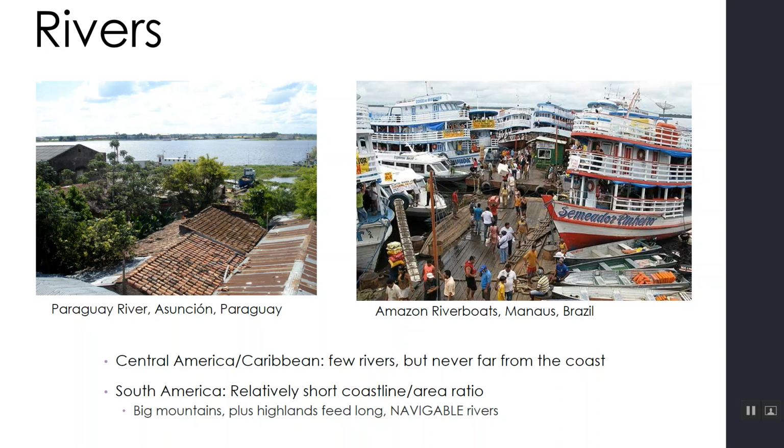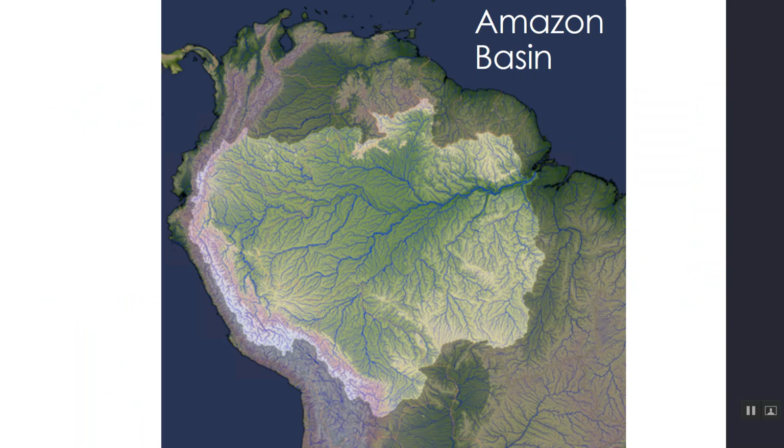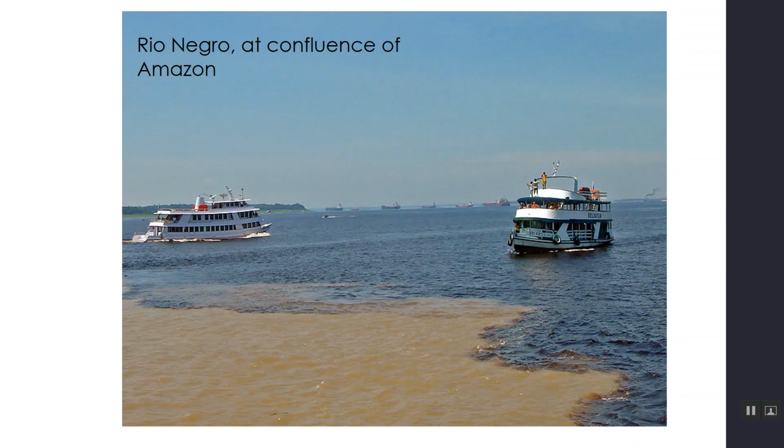And the Amazon River basin is enormous, has an incredible amount of water in it, and lots and lots of shipping happens on the Amazon River. And again, you can see just the massive size of the Amazon River. The Nile River is longer, but the Amazon River basin holds way more water than the Nile River basin does. There are no bridges over the Amazon River, either for railroad or cars. Most of the shipping through this area is done by ships. And here we can see the confluence of the Rio Negro and the Amazon, and just how wide and navigable